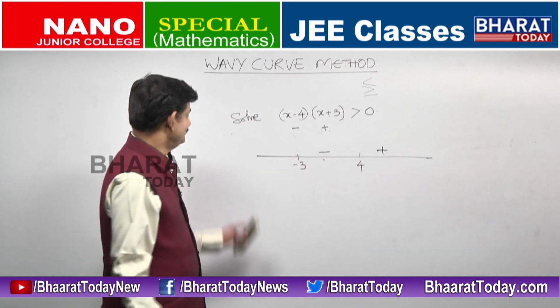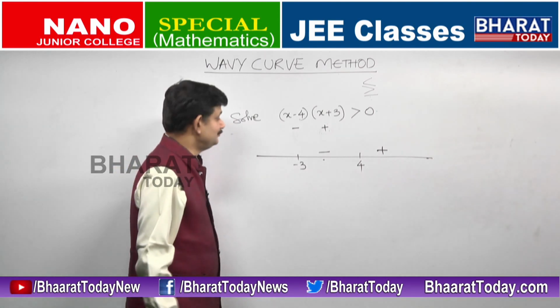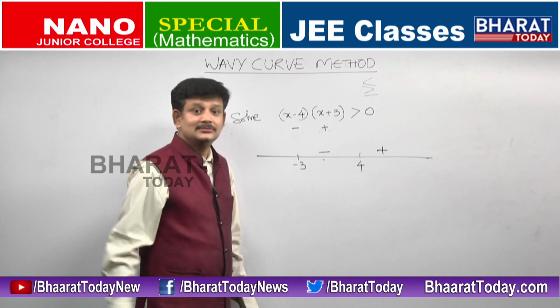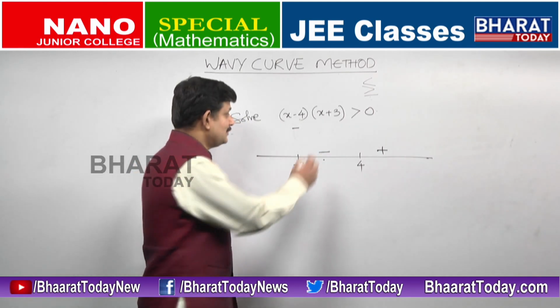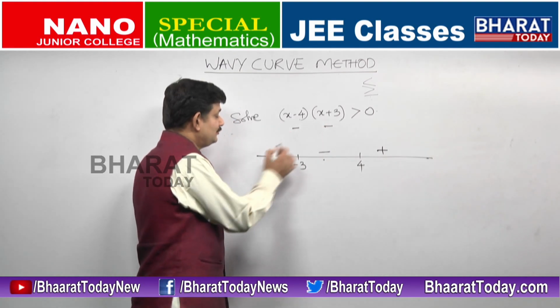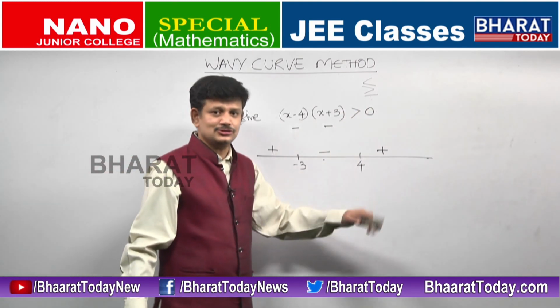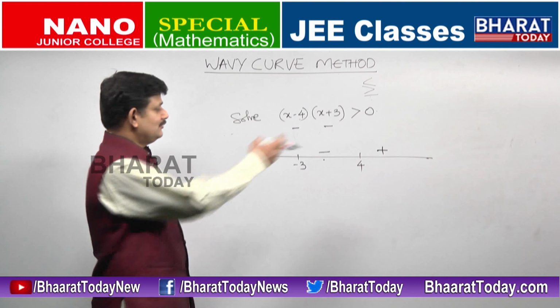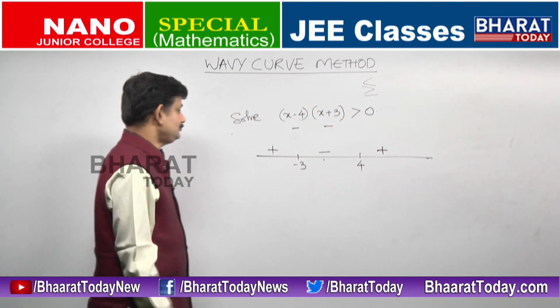Is that clear? Third case, what is it? I want you to answer. x is less than minus 3. So x plus 3 will also be negative. x minus 4 will also be negative. Product of two negative numbers is positive. Initially you practice doing it for all the cases. Slowly, once you start with this part, you will be able to write everything.